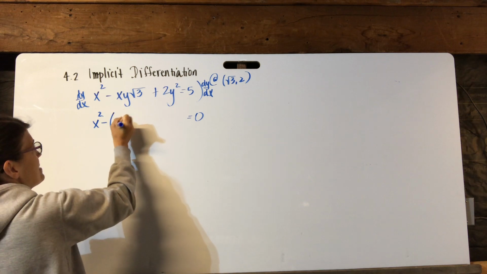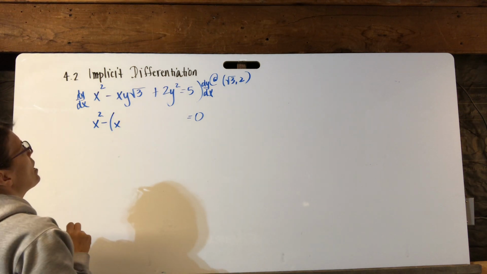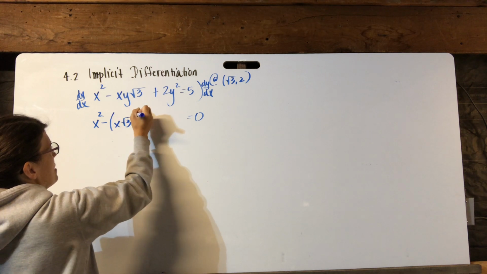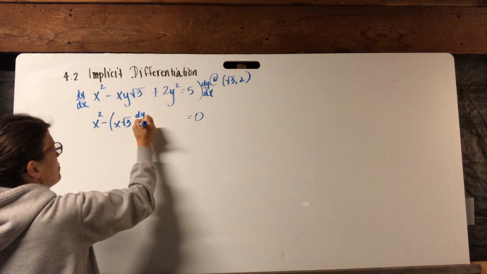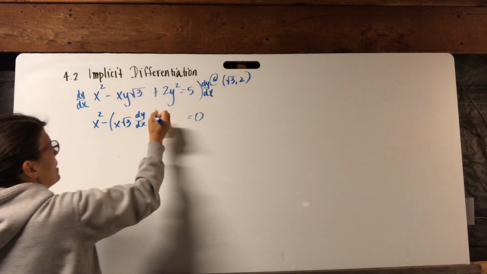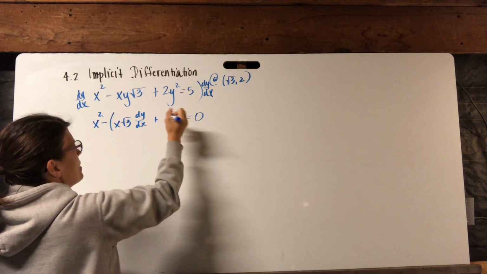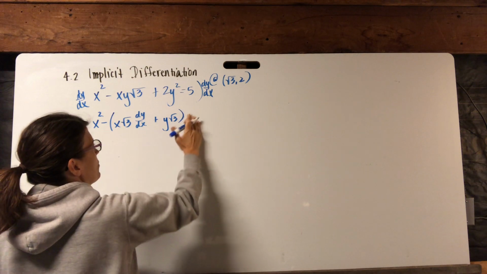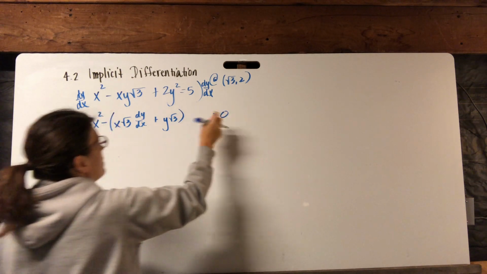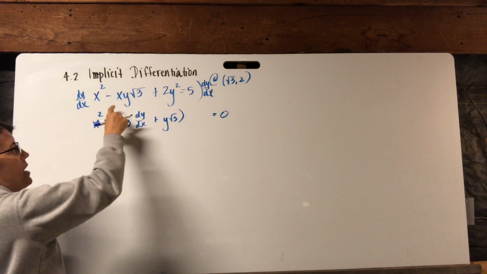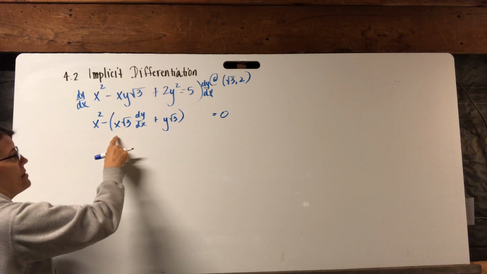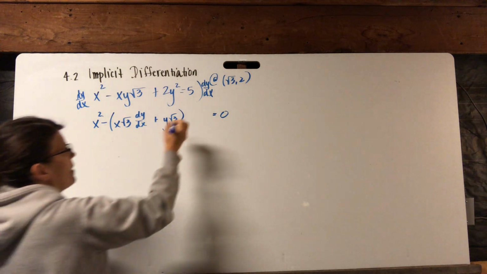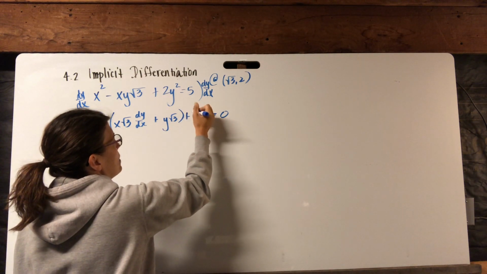This is x times the derivative of root 3y, which is root 3 dy dx, plus y root 3. The derivative of x y root 3 is x root 3 dy dx plus y root 3, plus